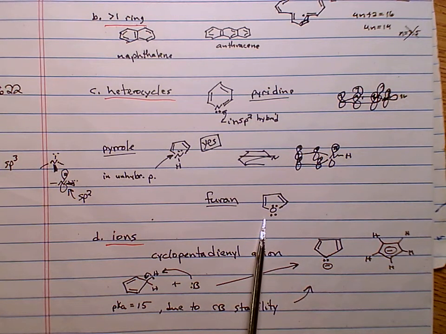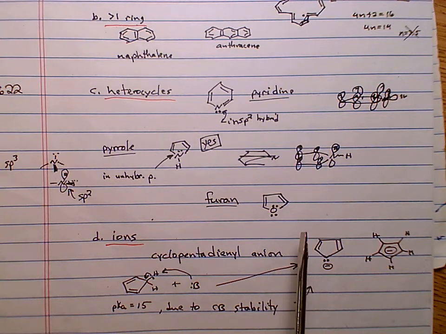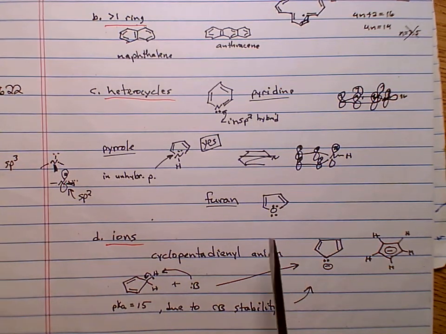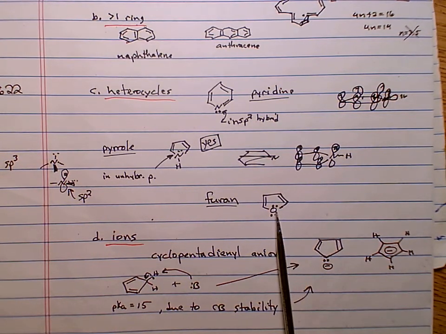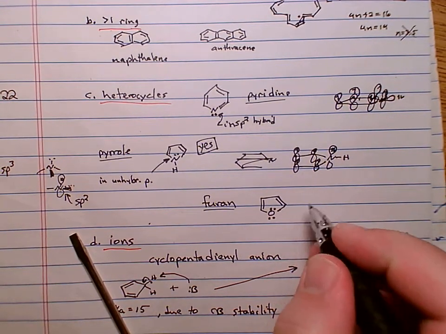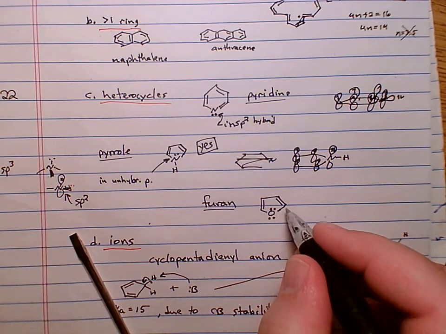What about furan? What do you think? From the get-go, we've seen oxygens with 2 bonds and 2 lone pairs, such as water, sp3 hybridized. At first glance, we would say, okay, not aromatic. But then we start to think, but wait a minute, is there any way to make this oxygen sp2 hybridized and make this aromatic? Well, note, if we made that oxygen sp2 hybridized,